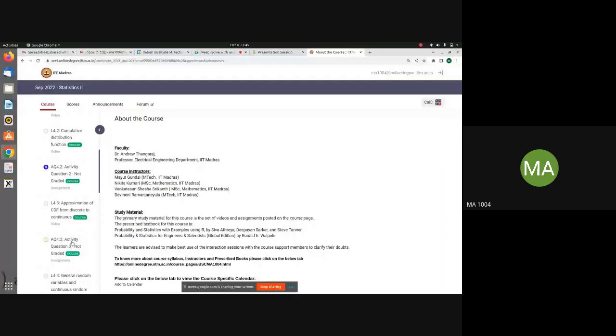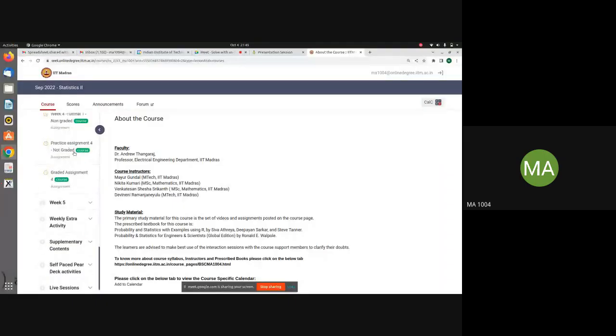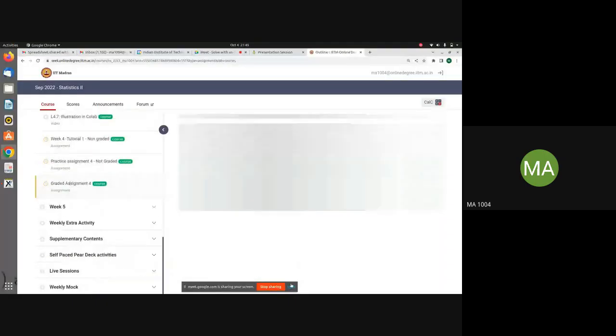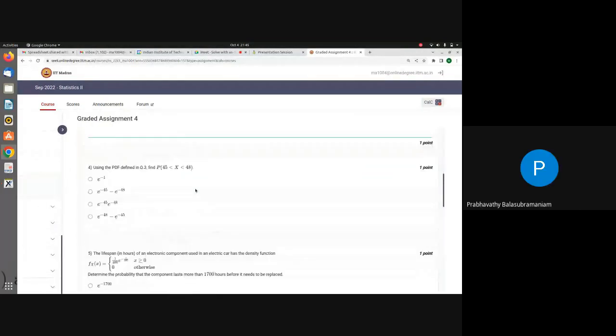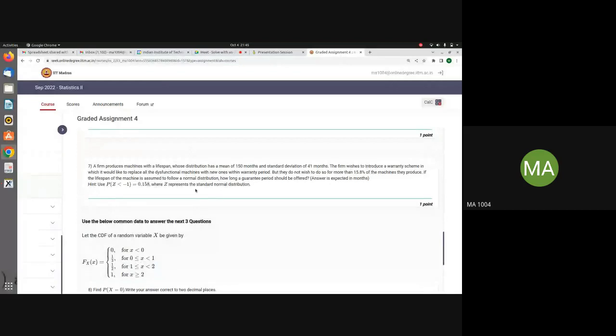Week 4 assignment, right? Which question is this? 7. A firm produces machines with a lifespan which has a certain mean and standard deviation. The firm is to introduce